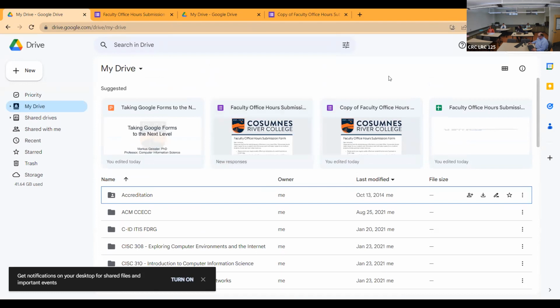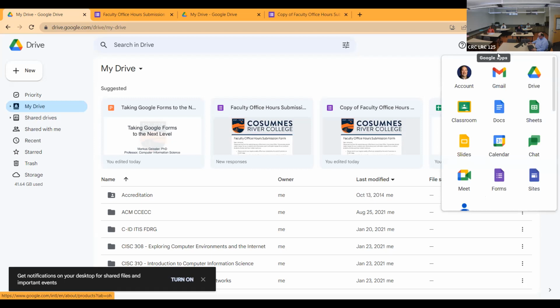And then once you're in Drive, notice up here, I'm going to go to this icon right here, which says Google Apps. When you go to Google Apps, you may need to scroll down a little bit because there's quite a few different options, as you can see right here. One of the options in the color purple will be Forms. So if you get yourself to Google Forms,